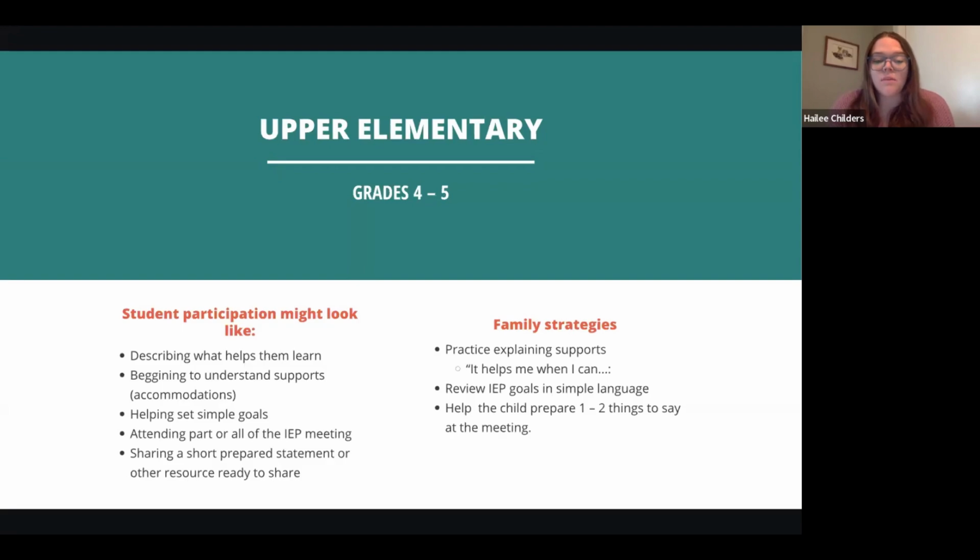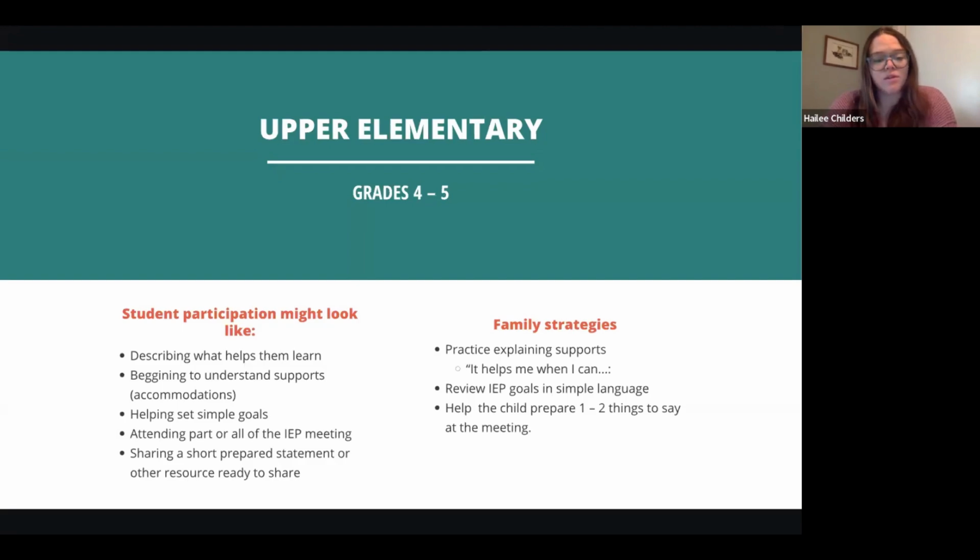And these students can attend part or all of the IEP meeting. They can attend the beginning part and maybe share those core parts about themselves: what I'm interested in, what I like, what I don't like, what I want to work on, those kinds of things. And then something that's powerful too is that we will have the whole team share the student's strengths with the student so that the student can be celebrated. And I've seen that my students really take that to heart and that sticks with them.